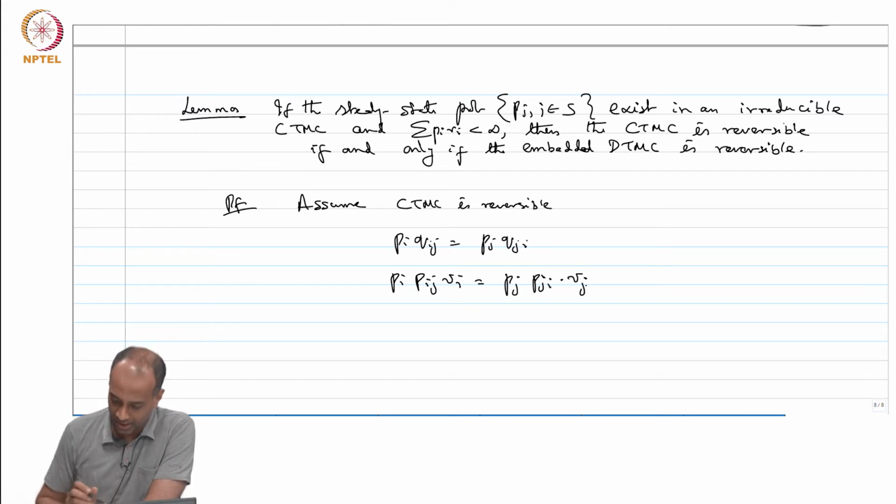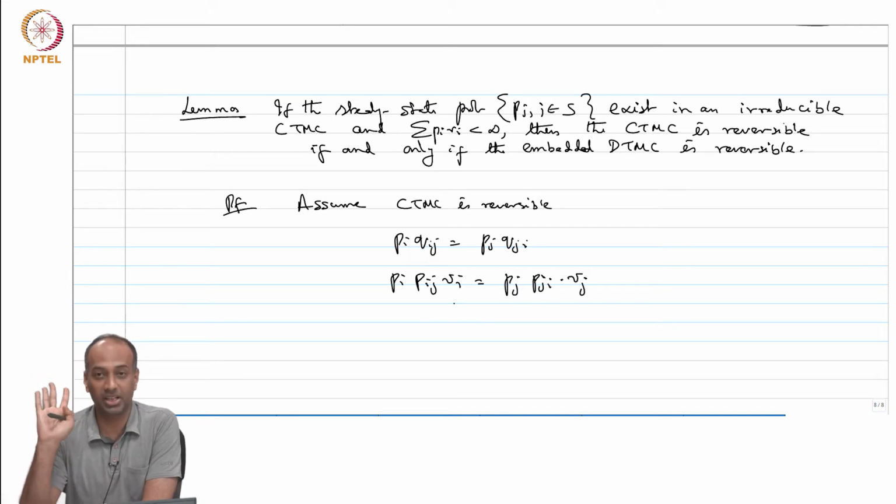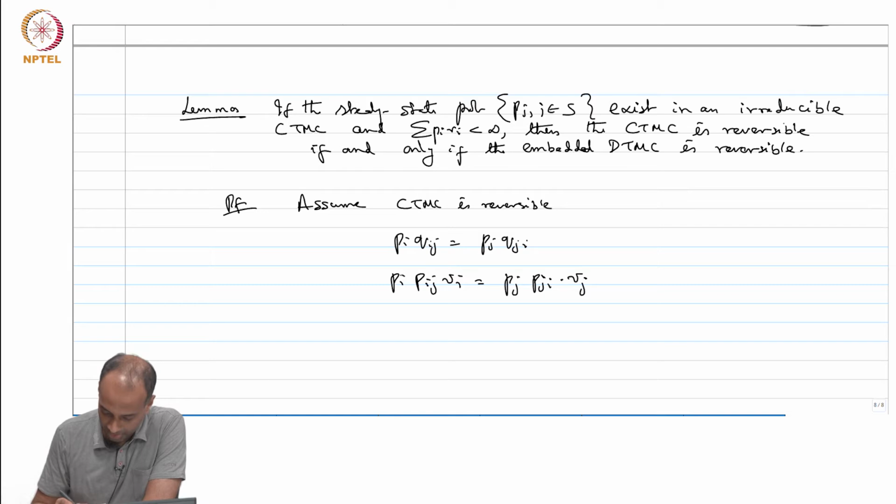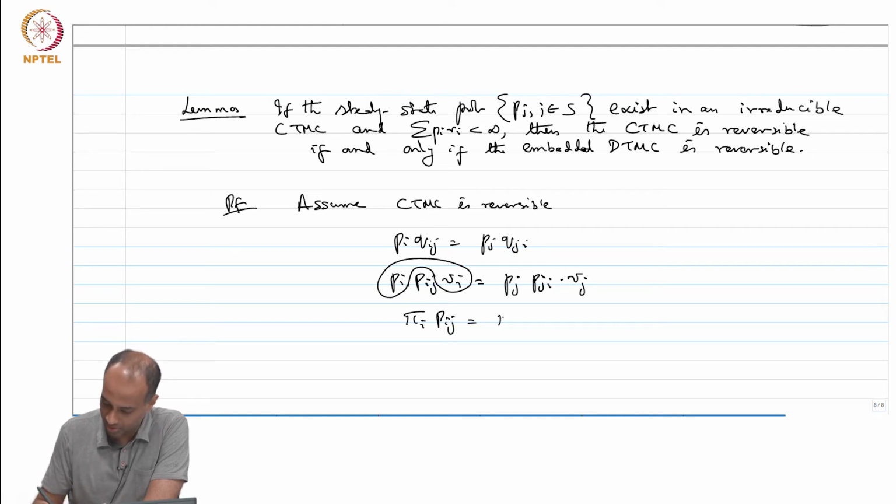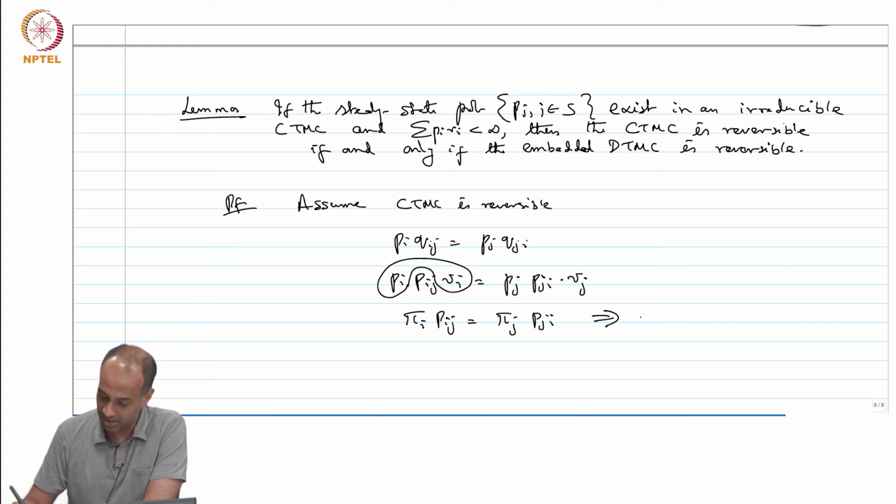Now, we know that when the sum over P_i nu_i is finite, if you take that term P_i, that is something proportional to pi_i, and likewise the corresponding term here is proportional to pi_j. So you get pi_i P_ij equals pi_j P_ji. Of course, each of these pi_i's is positive, because the sum over P_i nu_i is finite. This implies that